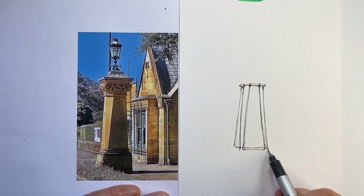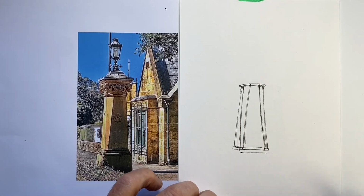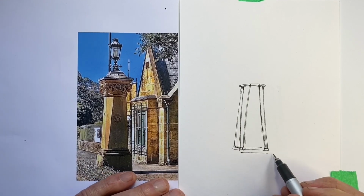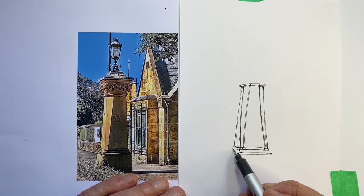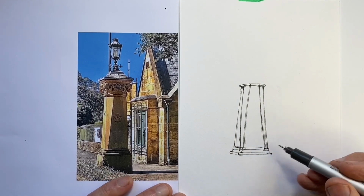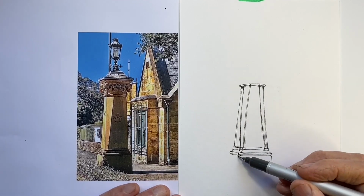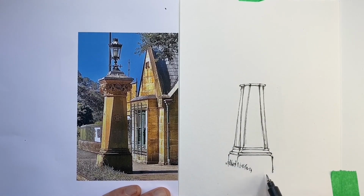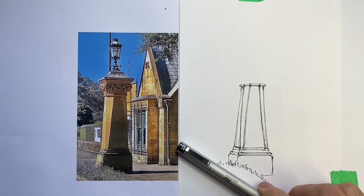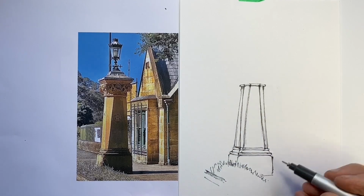It was extraordinarily difficult. I thought it was a lovely little subject, but in fact it really needs to be drawn quite precisely to look the same as in the reference. These long, almost triangular pieces around the base of the gateposts were really quite tricky, and my lines really aren't even straight enough. And it's leaning a bit towards the right. So really the biggest challenge was trying to keep the proportions correct. Look, in the end, I think it probably flares out too much, just a little bit, but enough,